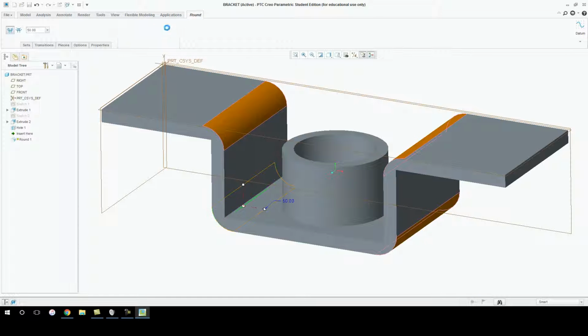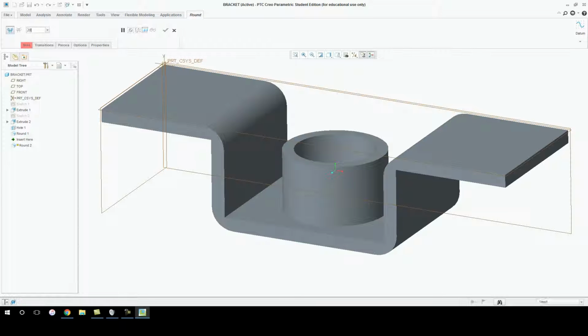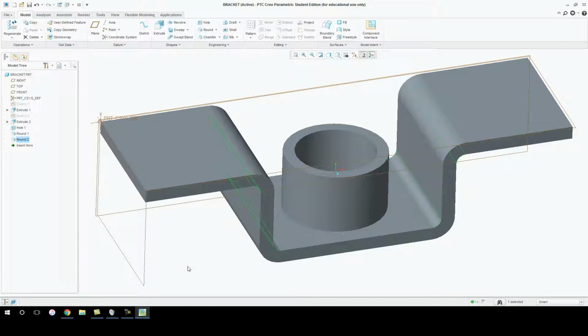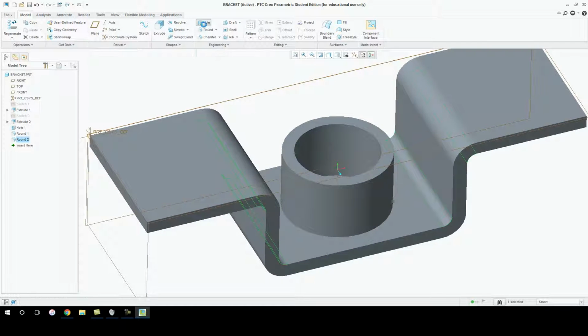I can go ahead and accept that and go back into the round command and set up to do my 20s. And that's going to be this inside edge, this inside corner, this corner, and this corner. And once I have all of those in place, I've got everything done except now the two holes that are going to be on the top of this object. So to create those holes, I'm just going to go to the hole command,